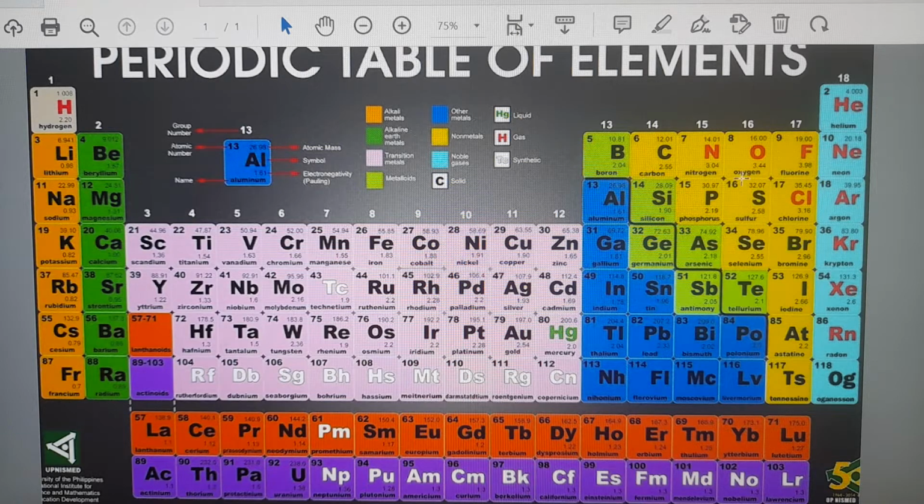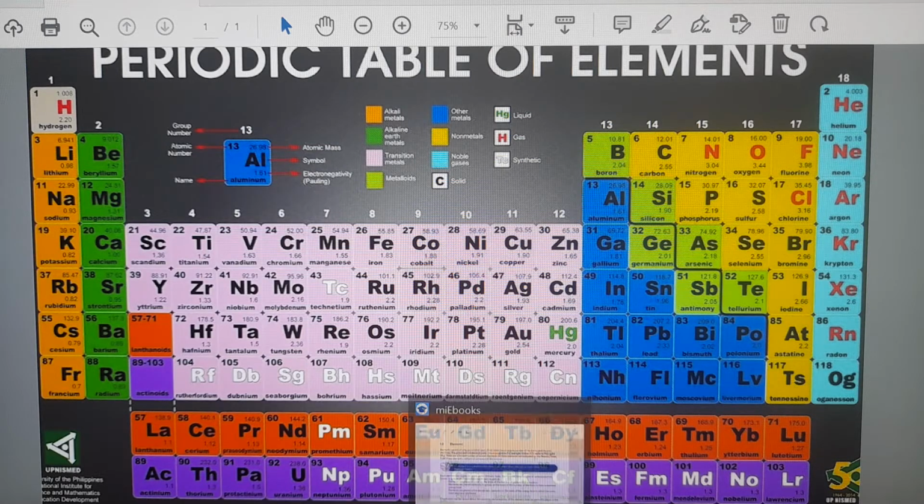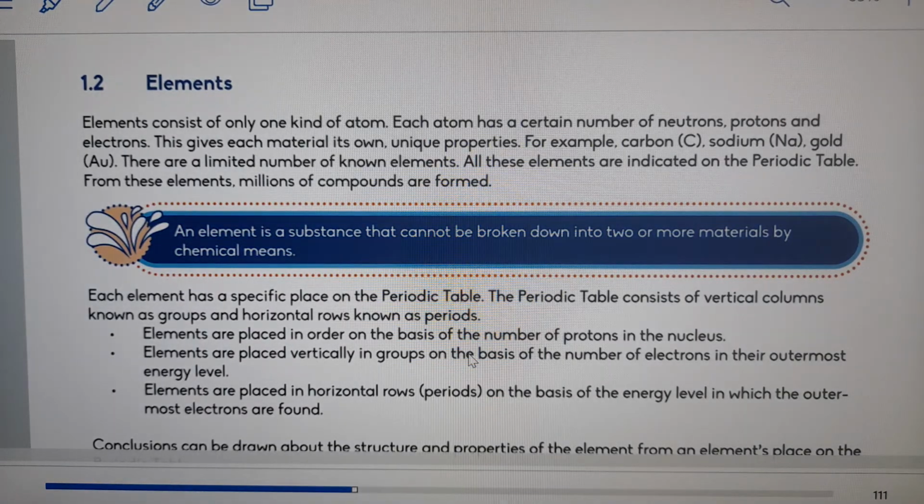Let's take for example sulfur. It means we've got 16 protons. And one thing not to forget is that the number of protons is always equal to the number of electrons for all neutral atoms. And here they say that elements are placed vertically in groups on the basis of the